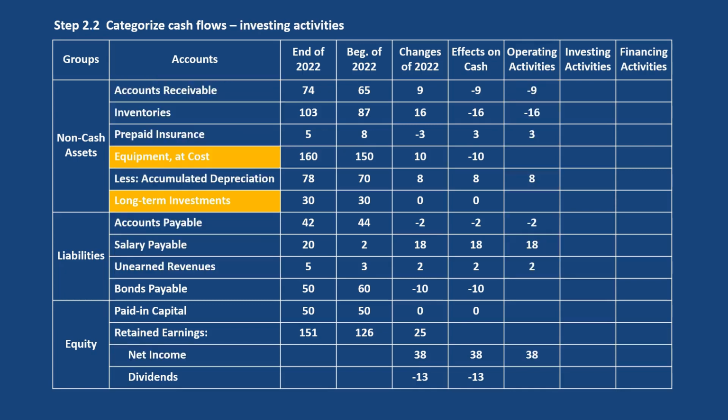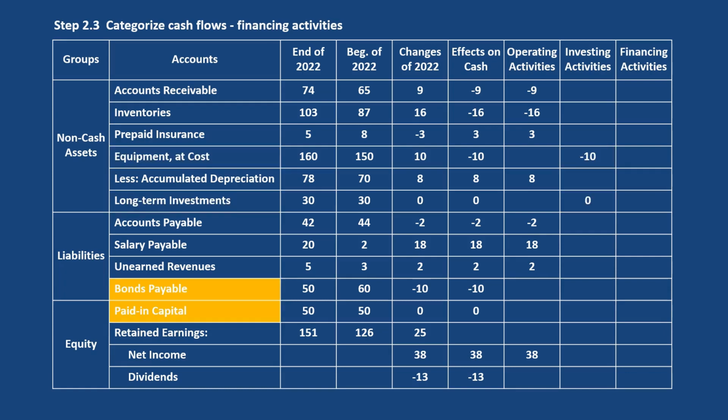Buying or selling long-term assets falls under investment activities, so the related cash changes are grouped into cash flow from investing activities. Raising money from lenders and shareholders is categorized as financing activities, while the distribution of dividends can be treated as either an operating or a financing activity. In our case, we classify it as a financing activity. As a result, the associated cash changes are categorized as cash flows from financing activities.